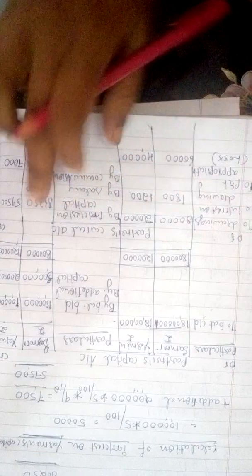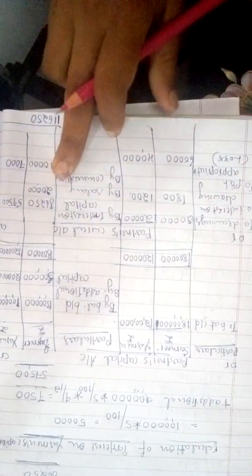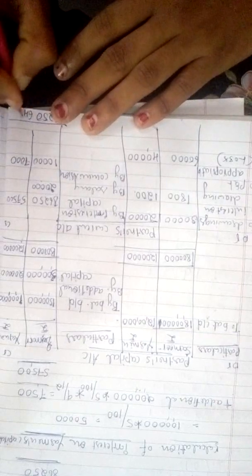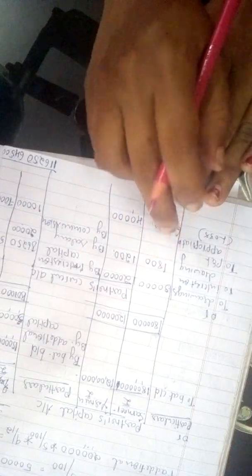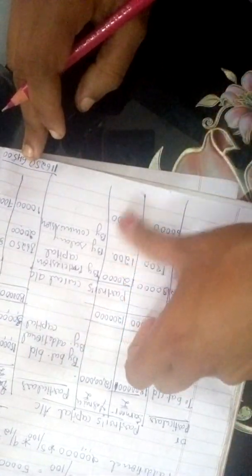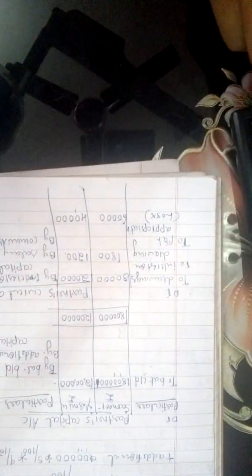So next see Yasmin, 57,500 plus 7,000. So the amount is 64,500. Now we need to see whether this side's total is more than this side. If in any situation this side balance increases, what are we going to get? Loss. Credit side more, always profit. Debit side more, always loss.